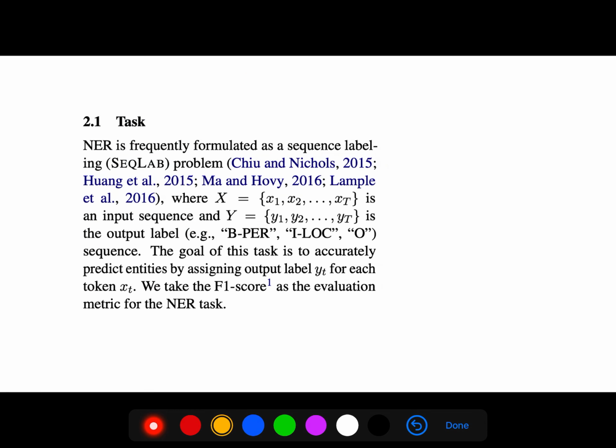NER is frequently formulated as a sequence labeling problem. So we have a sequence like x1, x2, x3, and we say these are the labels, y1, y2, y3, for example, beginning of person, intermediate of location, and others.